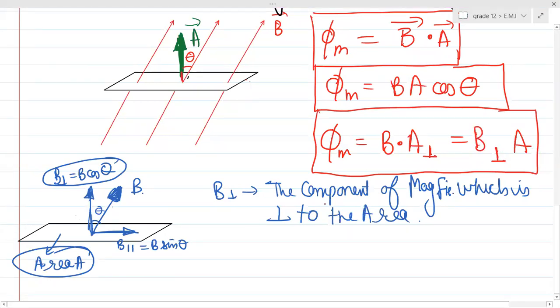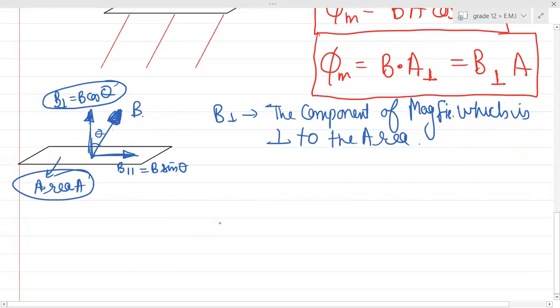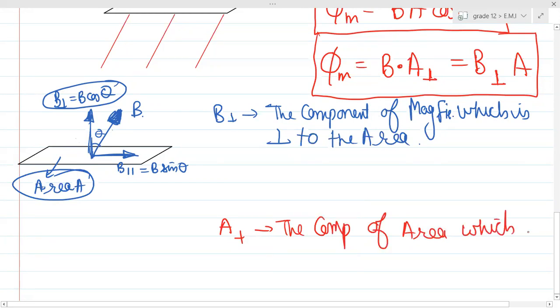So I cleared it out. What exactly is B perpendicular? B perpendicular is the component of magnetic field which is perpendicular to the area. And what is A perpendicular? A perpendicular will be the area, or basically the component of the area which is perpendicular to the